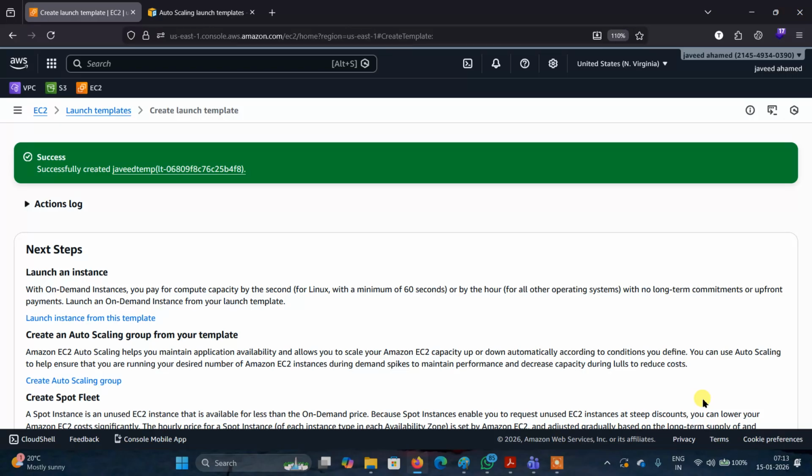So from this launch template, we can launch hundreds or thousands of instances. Just like how, using a custom AMI, we create an EC2 instance, by using the launch template also, we can create an EC2 instance. So whenever we create the EC2 instance, we don't need to select all the parameters. They are already predefined. From the template, we're going to create the EC2 instance.